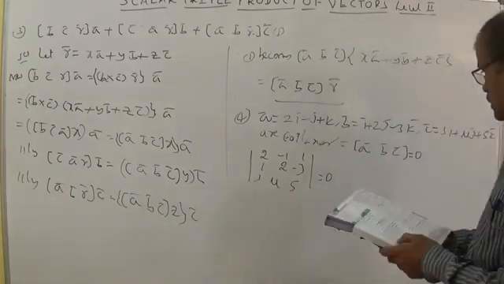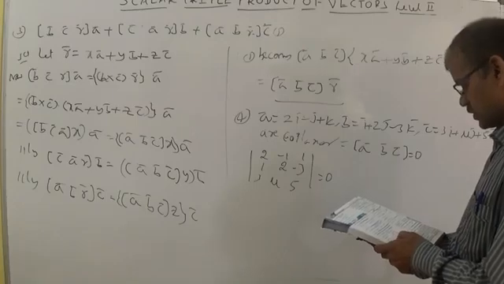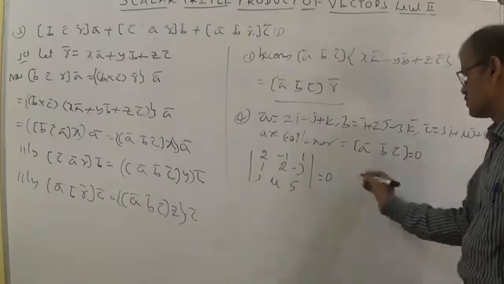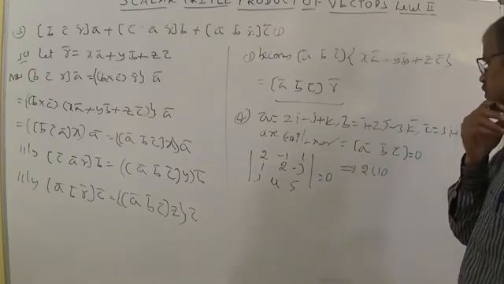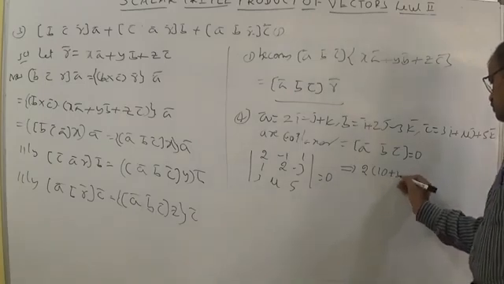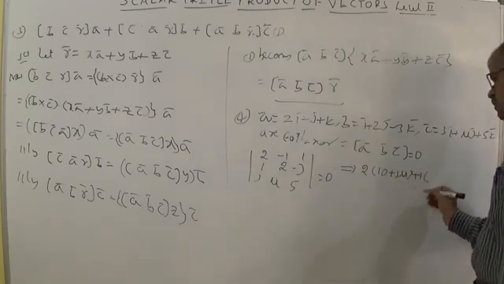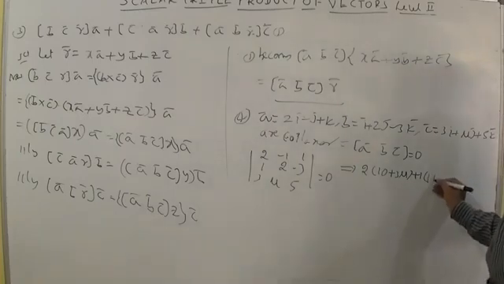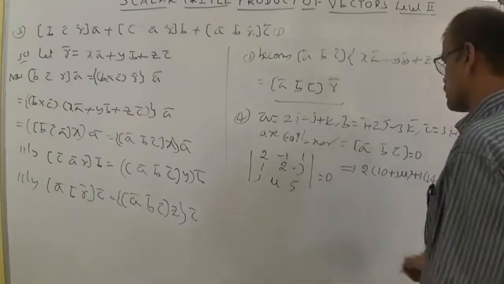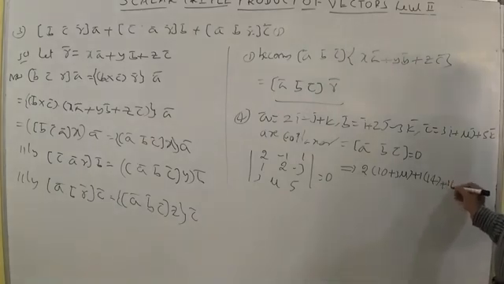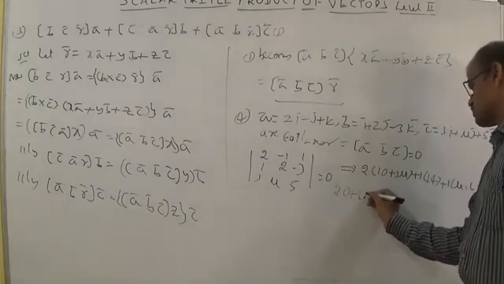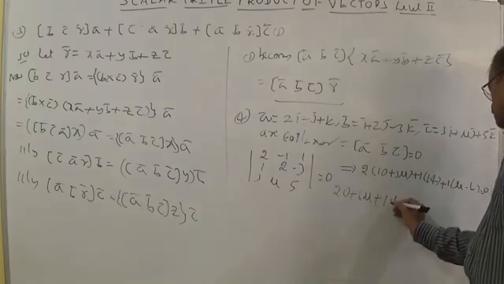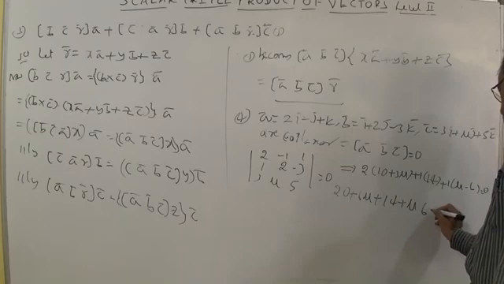The vectors once again say 2, minus 1, 1, 1, 2, minus 3, 3, mu, 5 equal to 0. That implies calculating the determinant. We get 2 into (10 plus 3 mu) plus 1 into (5 plus 9), which becomes 14, plus 1 into (mu minus 6) plus 1 into (mu minus 6) equal to 0. We can write here 2 tens are 20, 20 plus 6 mu plus 14 plus mu minus 6 equal to